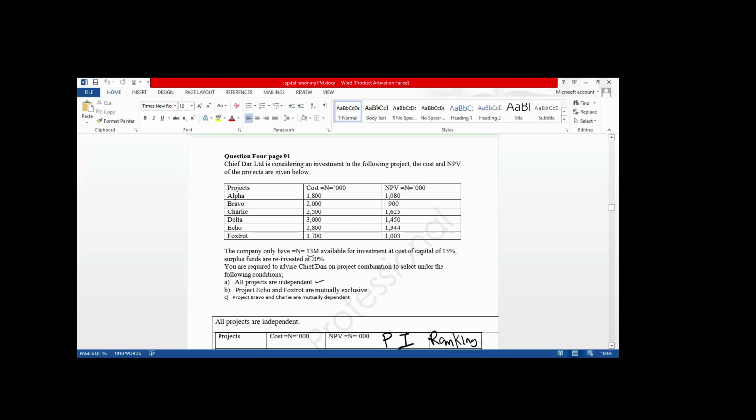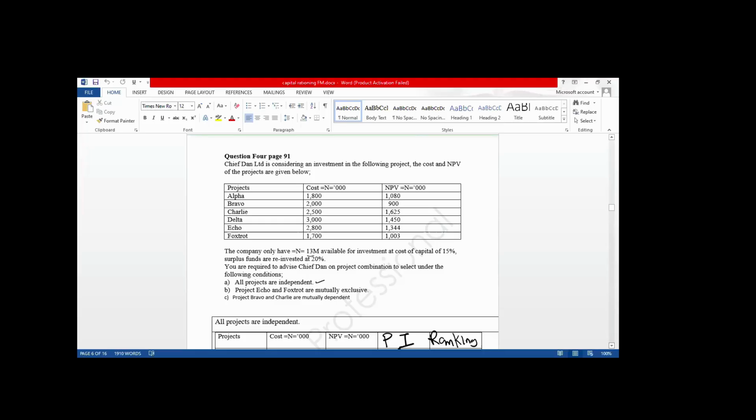All right. We go to the question again. Chief Dan Limited is considering an investment in the following projects. The cost and the NPV of the projects are given below. You have the projects, you have the investment cost, you have the NPV. The company only has 13 million naira